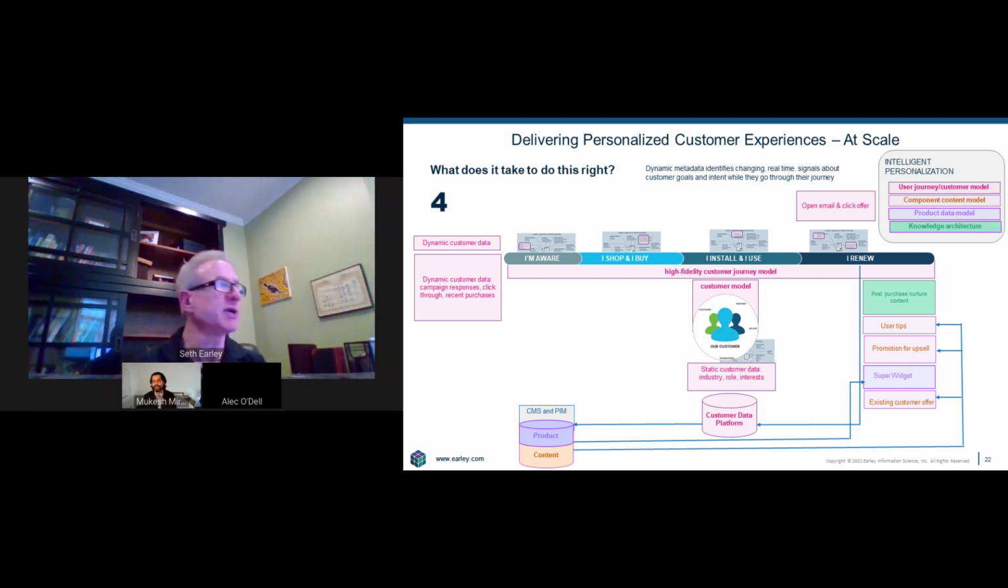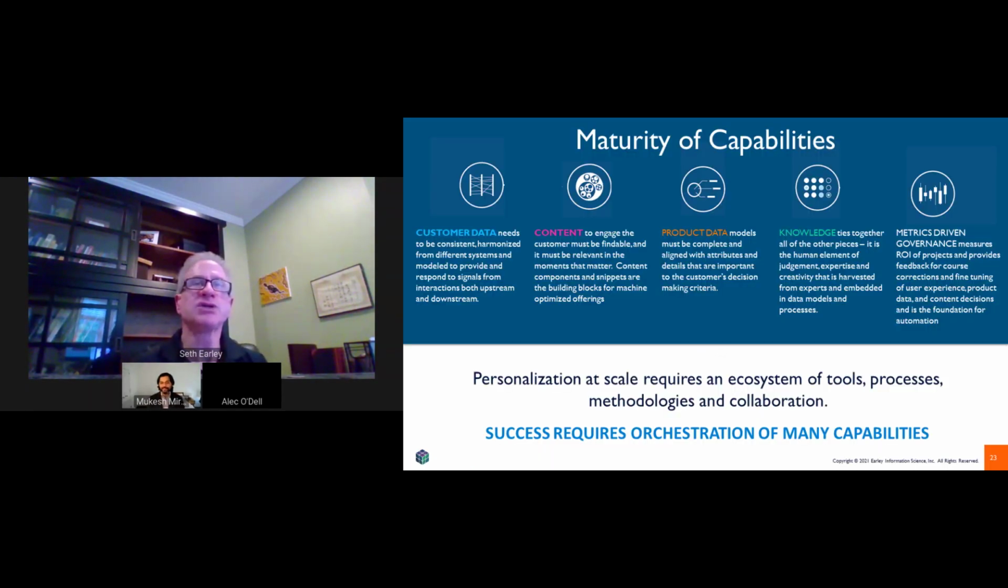Let me just see if I can get my cursor back here. So when I look at this, this really requires that we have maturity. I'm going to show you a maturity model in just a second, but you really have to be mature in multiple areas, because in order to do this right and to do it at scale,